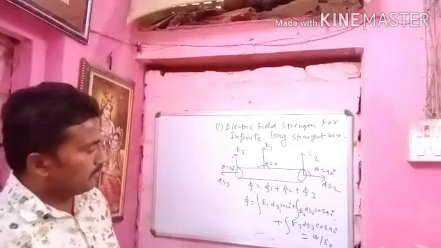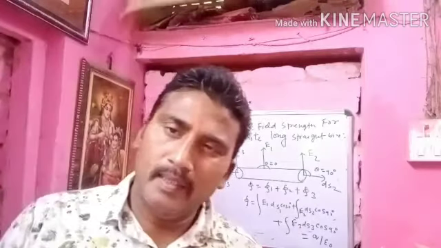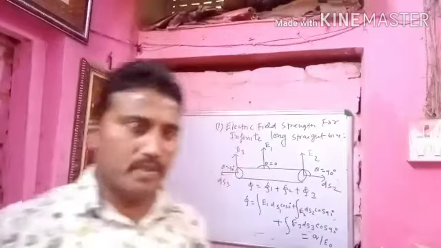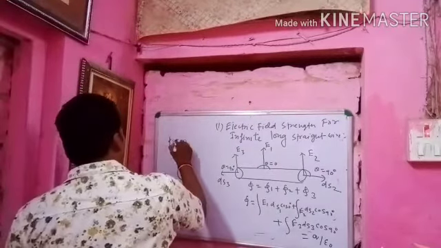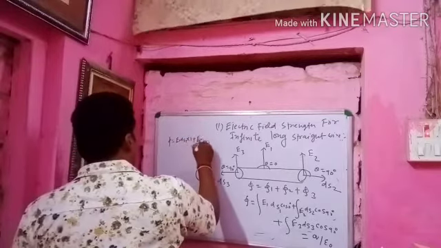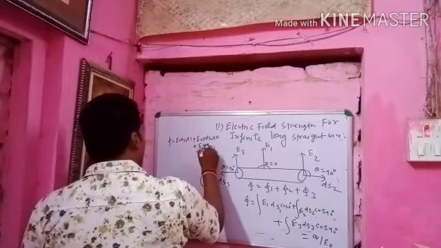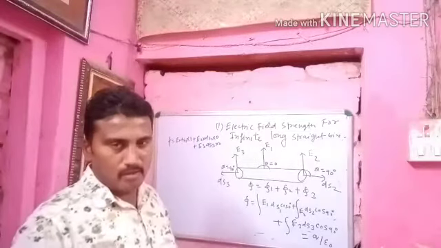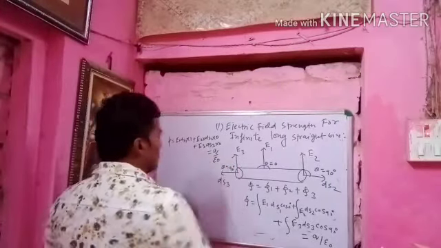Now in this case we observe E1 ds1 cos 0. We know that the value of cos 0 is 1, and the value of cos 90 for E2 and E3 makes those components 0. Now the mathematical relation simplifies: phi is equal to E1 ds1 into 1 plus E2 ds2 into 0 plus E3 ds3 into 0, because the angle is 90 and cos 90 is always 0. And it is equal to Q by epsilon naught.